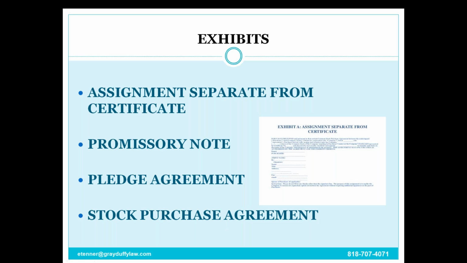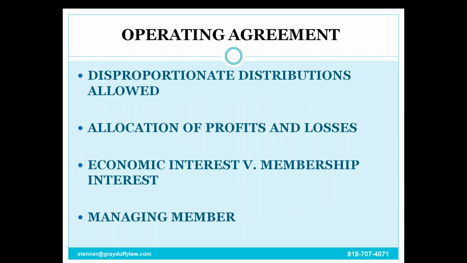The stock purchase agreement is also going to include a lot of terms that are not going to be in the shareholders agreement, such as warranties and representations, conditions to the obligations of the parties, and indemnity agreements. So it is important to include a stock purchase agreement. So let's talk about the different kinds of agreements and some of the differences between them.